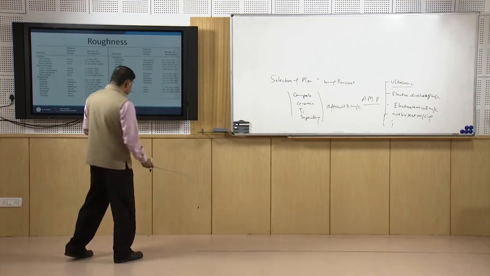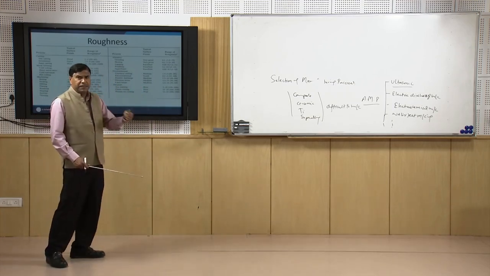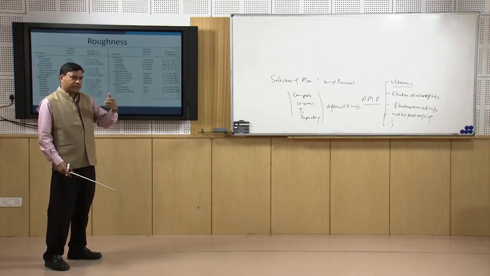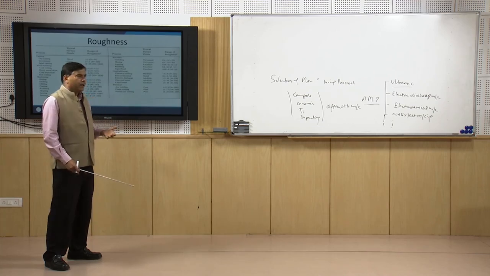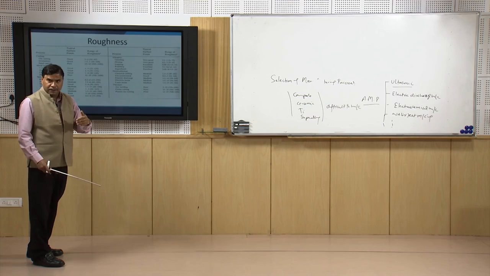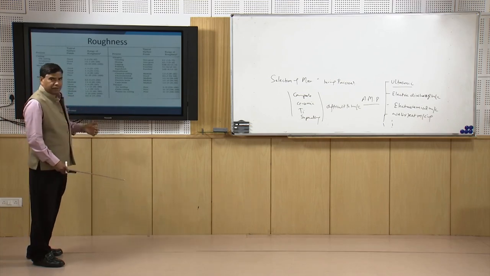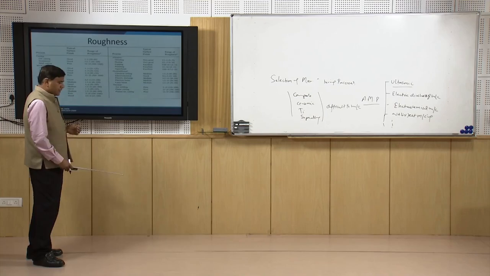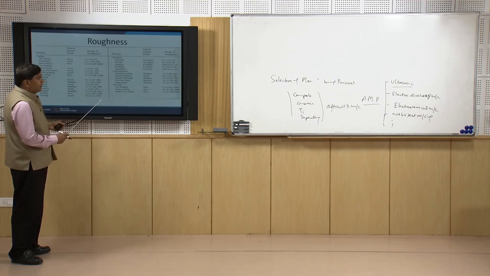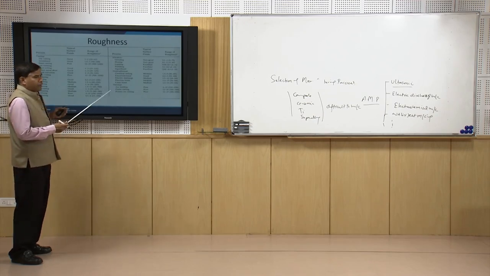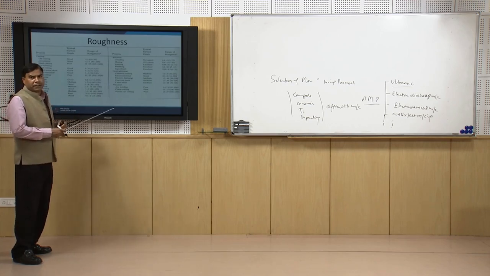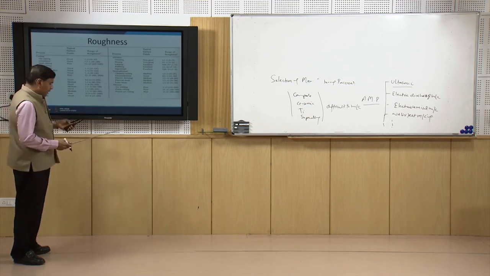But each process will have certain capabilities to produce certain dimensional features, to produce surface properties, and to offer a certain tolerance and a kind of finish which can be achieved by a given process. So, now we will see what kind of surface roughness can be achieved by the different kinds of processes, and what kind of tolerance can be achieved by a given manufacturing process,